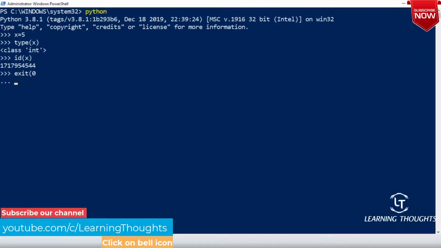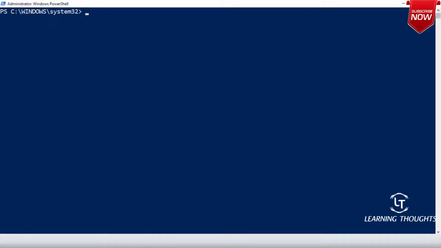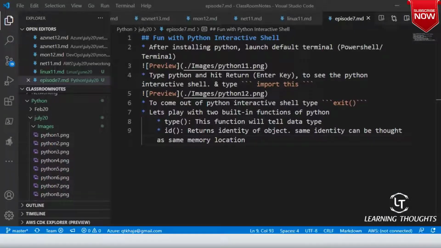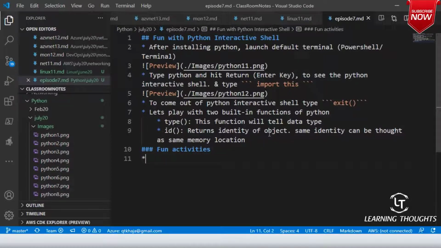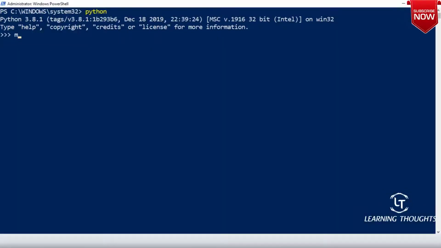So let me get started. I'll exit, and then I will start. Let us do this exercise. You try to tell me how to deal with this. Fun activities. Let's remember a number first. What is it I'm trying to do? I'm trying to remember a number. I'm calling it my_number equals 10.